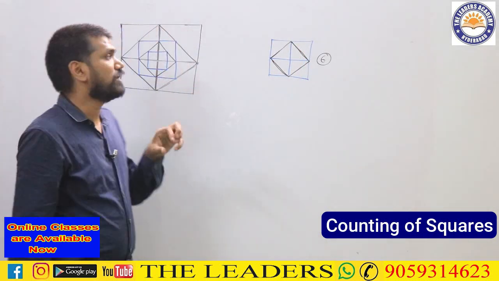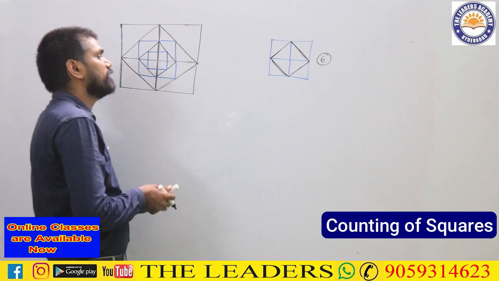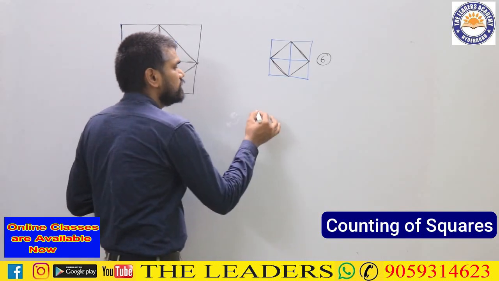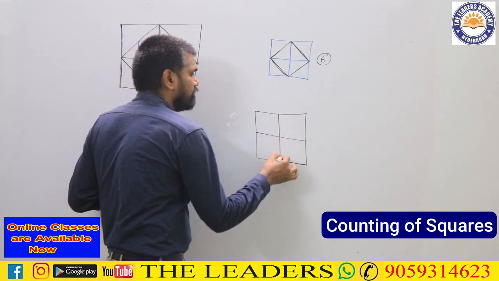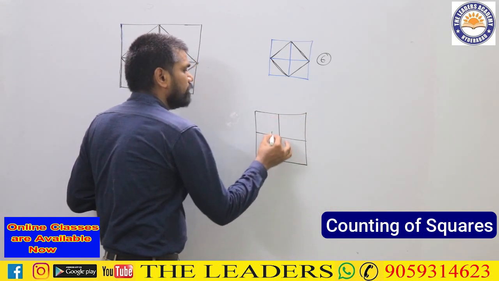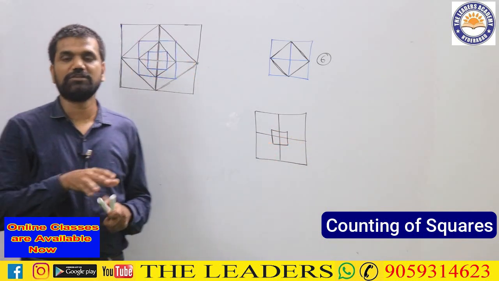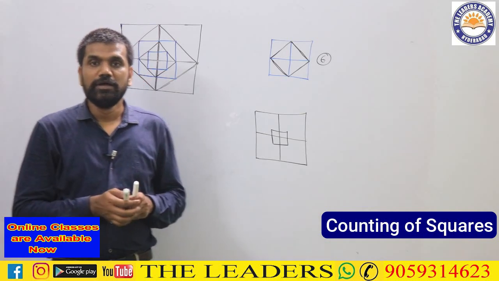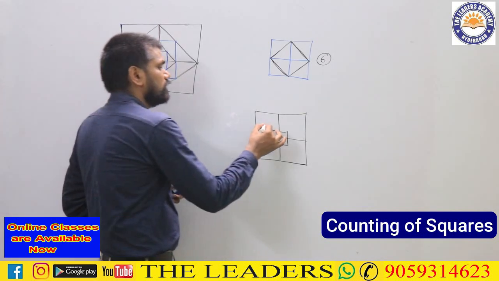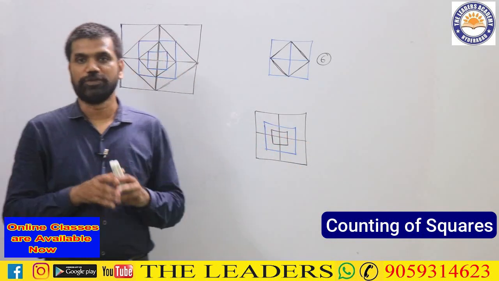Then how to count the number of squares in this particular diagram, sir? Now if you go back to the basics that we have learned, in this particular diagram that we have just now learned, this is having 5 squares in it. If I am having one more square like this inside, that will give me another 5 squares, which is adding up to total 10. If I am having one more here, that will give us 5 more squares here. In total the number of squares will become 15.